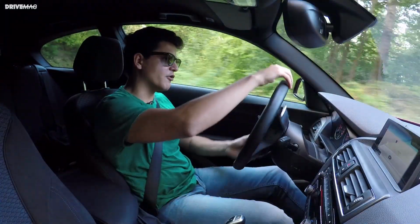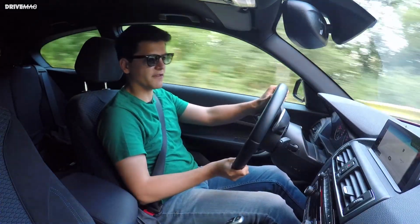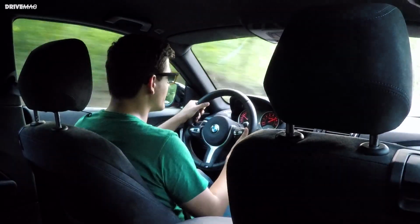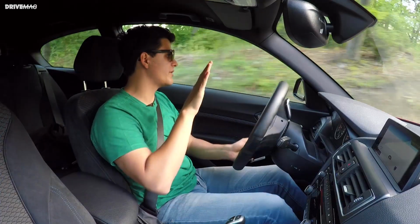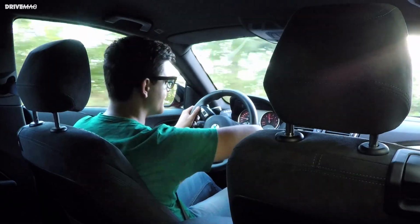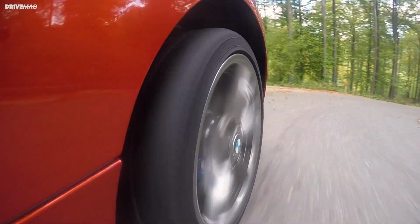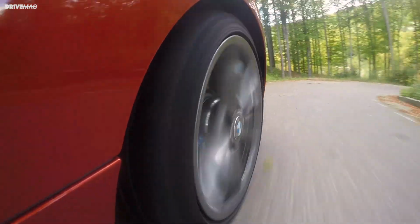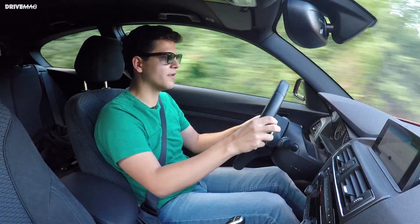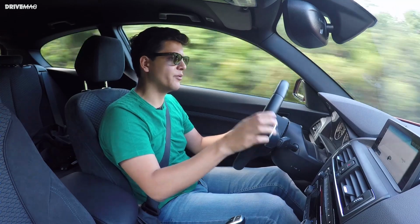Although the aforementioned torque, which is delivered very low in the rev range, can cause stuff like that. I was already pressing the throttle then. There was a little bit of turbo lag, and then the car spun up the rear wheel. In this respect, power sliding, a turbocharged car is slightly harder to control than a naturally aspirated one, where throttle